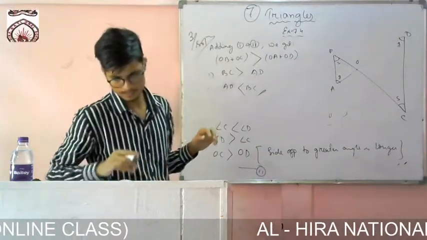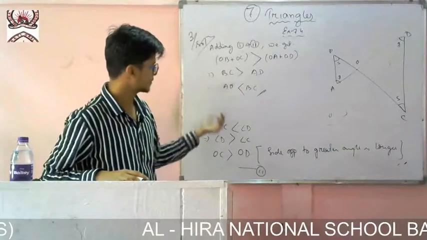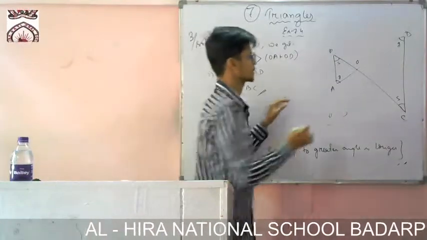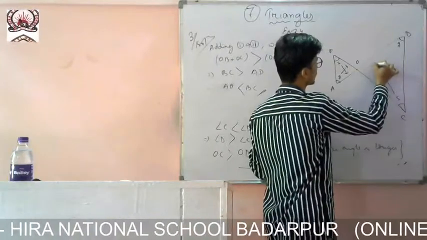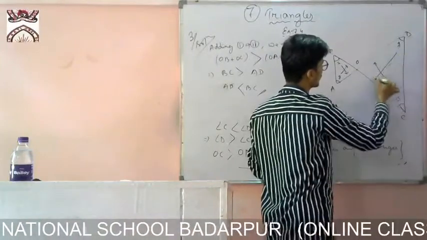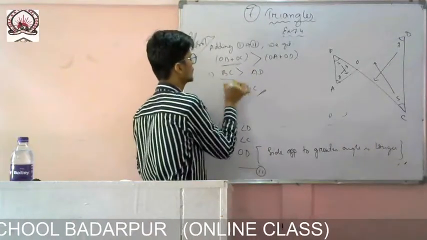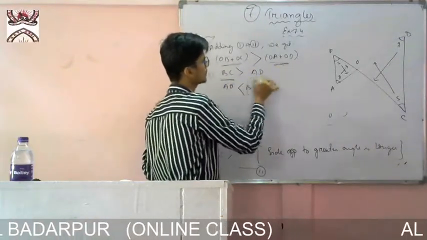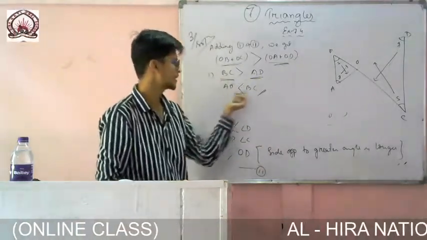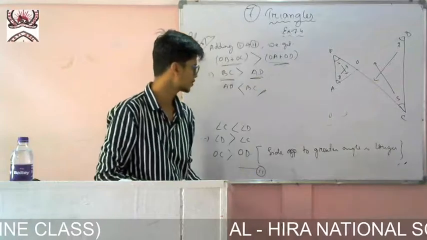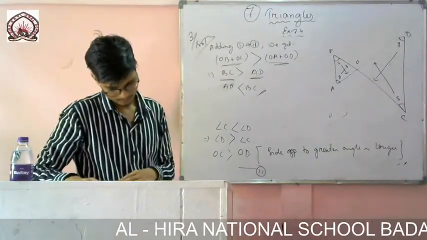So hence, what is given, I have shown you, right? AD is smaller than BC. What I have done, a simple thing: I have written that the side opposite to this one is greater than the side opposite to that one. Then I have just added them like this. OB plus OC became BC, OA plus OD became AD. Now I have just arranged them because in the question this part is here and that part is there. So AD is smaller than BC.